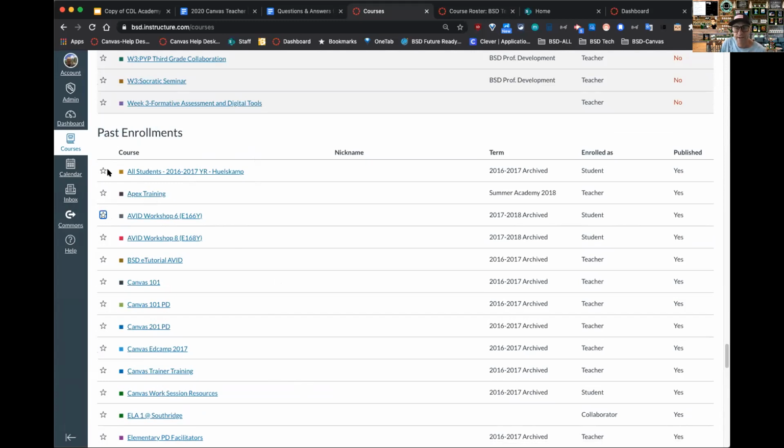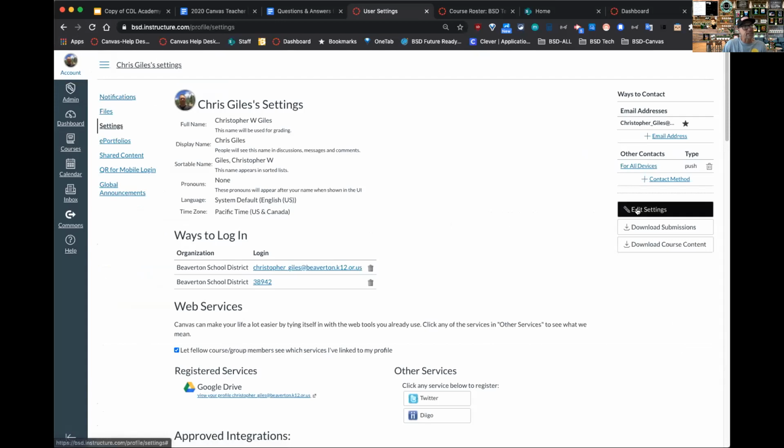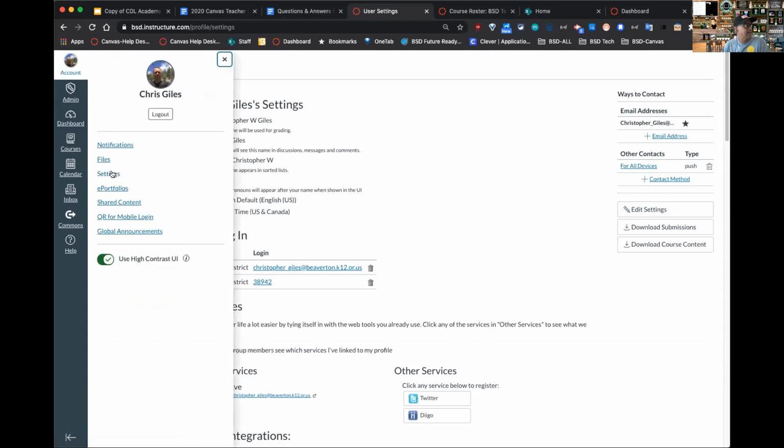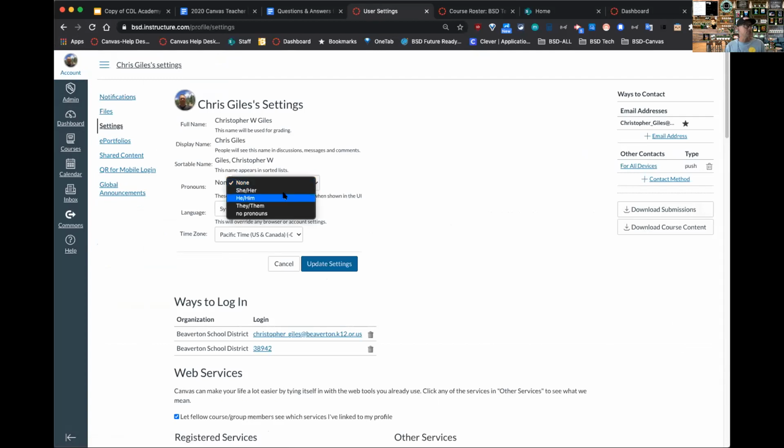As a student, you can add... okay, I apologize. Okay. So that being said, dashboard, adding courses to my dashboard and getting in there. And then I want to show you briefly, if you click on your account, right here at the top where it says Account, this is where I can go to Settings and edit my settings. I mentioned earlier, you can add your pronouns. So I can click on Account and Settings, and then click on Edit Settings. And there, if you wanted to add pronouns,